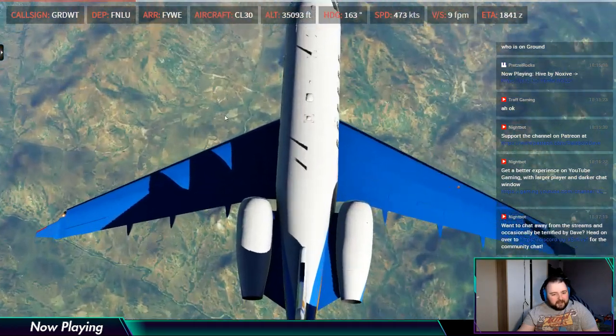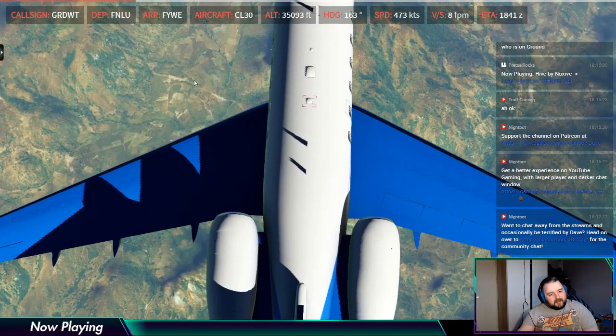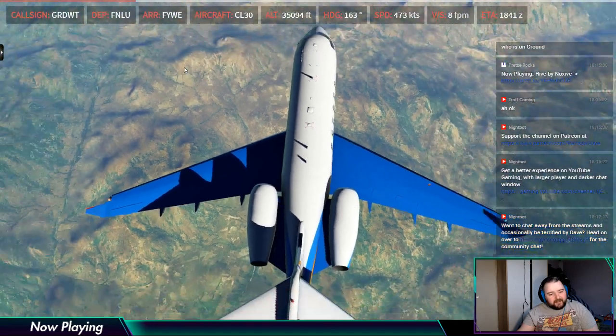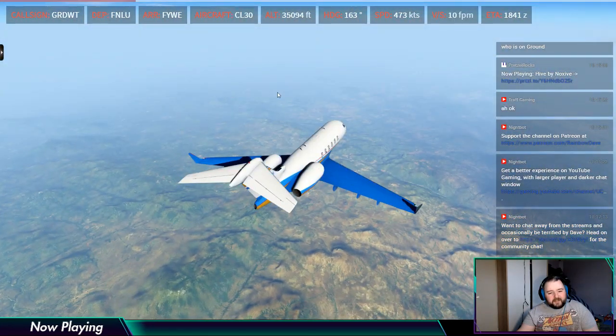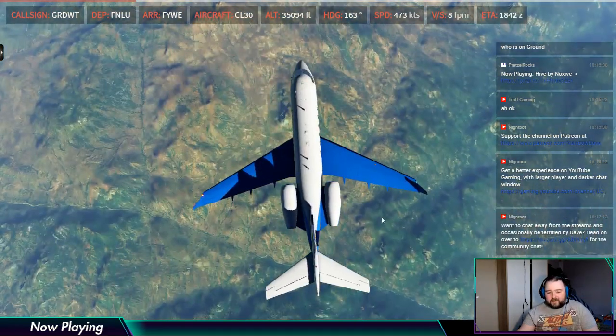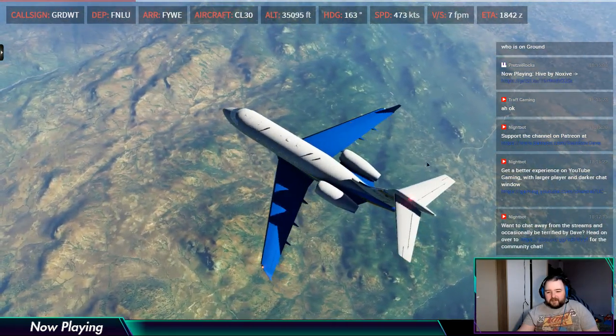Are those fields? Holy cow, those are fields. They actually farm the land in there. Lunatics. Although I guess they don't have much of a choice. There's not much flat land around here, so...